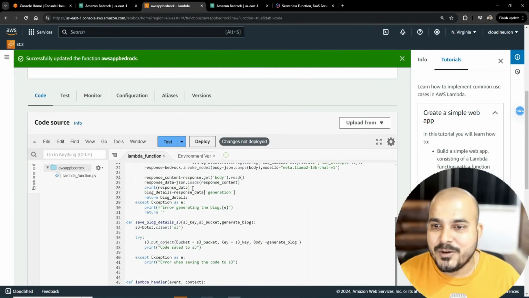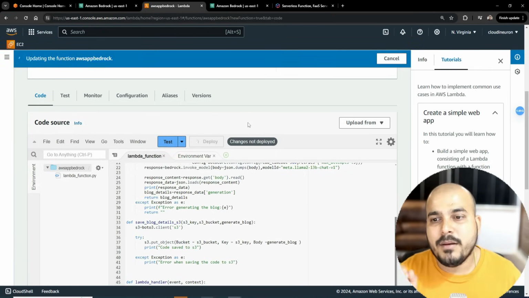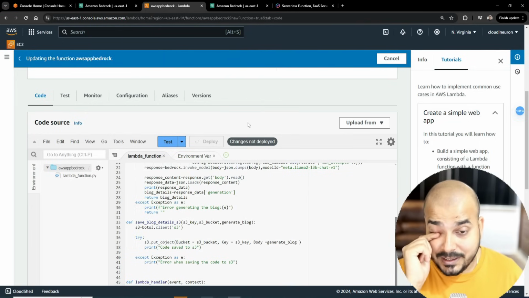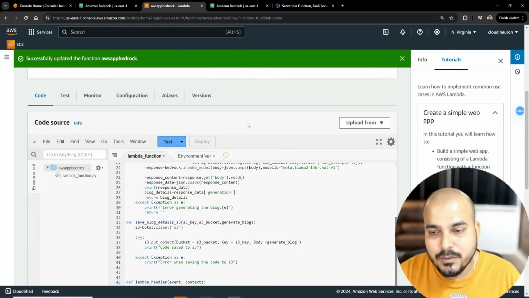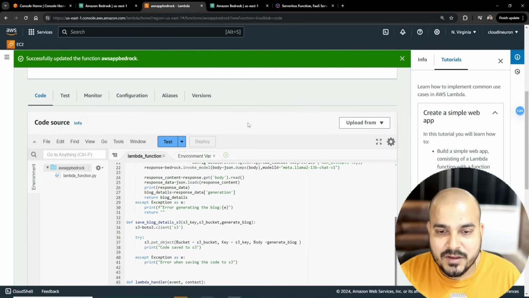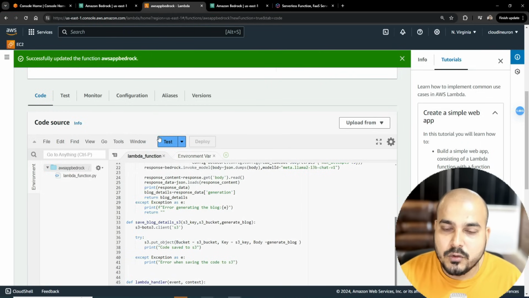Again, to write it over here would have been difficult, but now you could see how easy it is, right? Now we'll go ahead and click on deploy. Once this is deployed, I can go ahead and create my API Gateway and all. One more important thing, understand that this Lambda function requires a recent version of Boto3. And the default Boto3 version present in this Lambda is the older one. Now, in order to